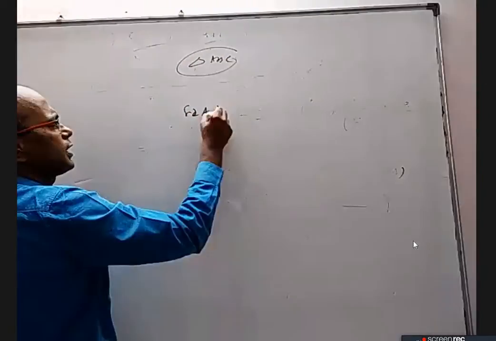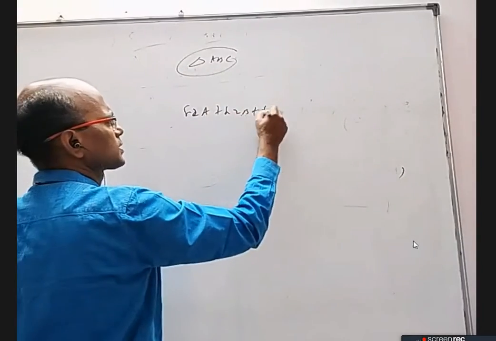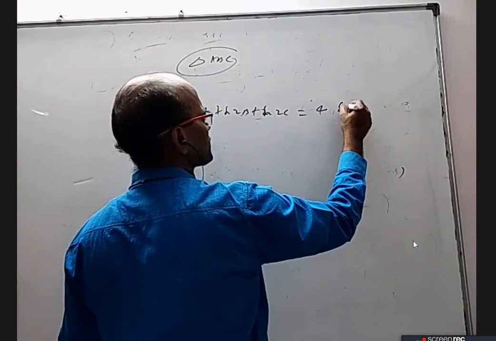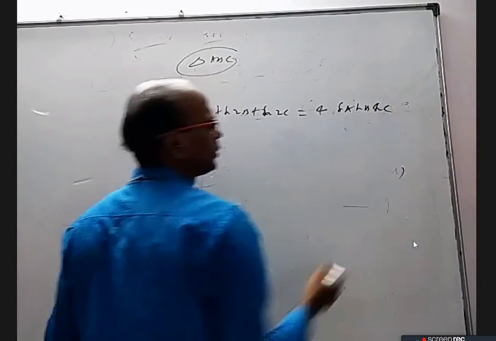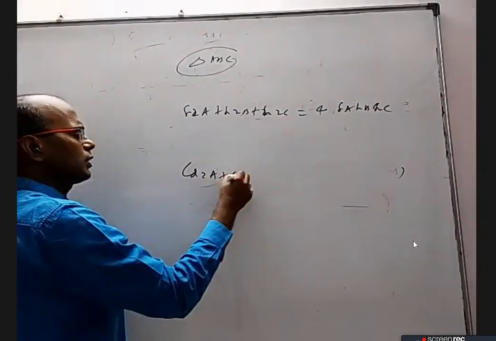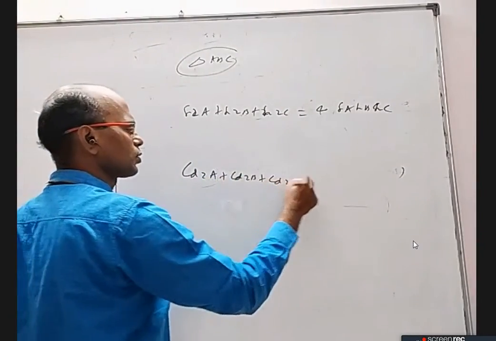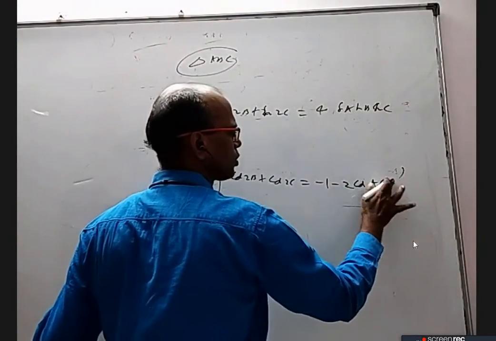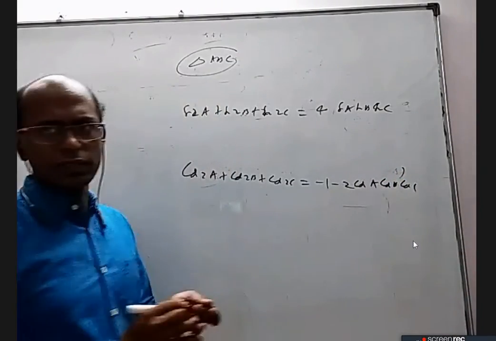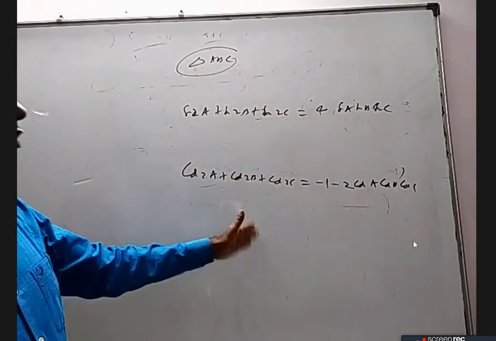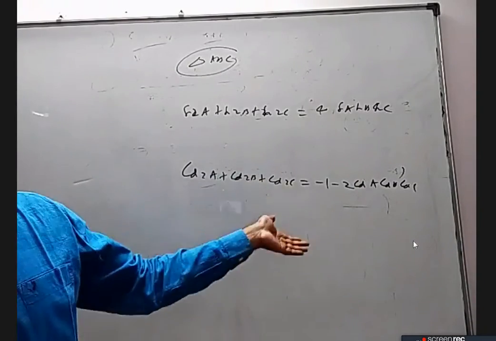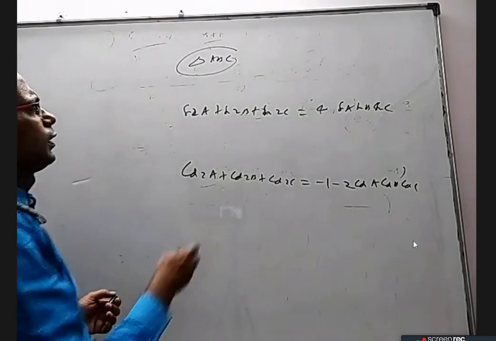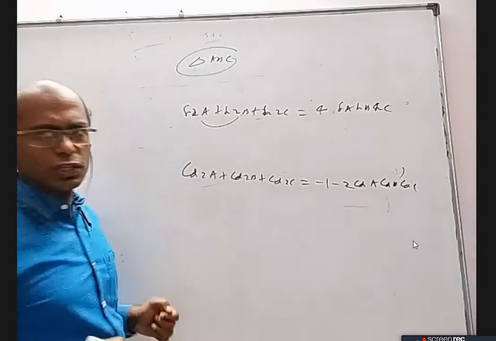Show that sin 2A plus sin 2B plus sin 2C is equal to maybe 4 sin A sin B sin C. Or they may want us to prove cos 2A plus cos 2B plus cos 2C is minus 1 minus 4 cos A cos B cos C. Something like this. They will give 3 things or 4 things. Here mostly summation or difference, and here you have to ask product. How to approach these questions is, usually we apply transformations for the first two.